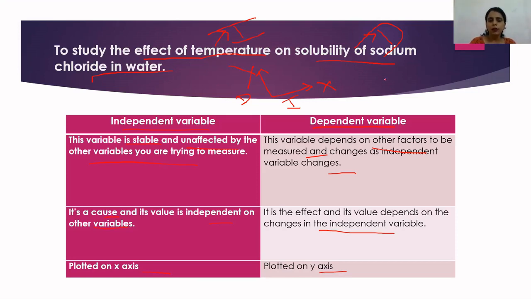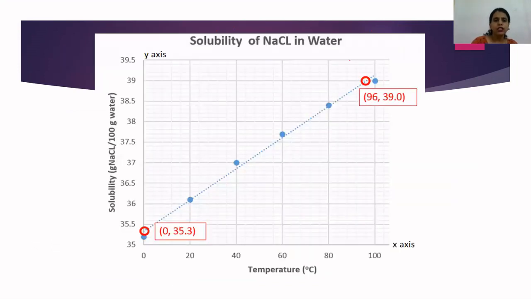For example, you have studied in lower classes that at very low temperature, for example maybe at 0 degrees Celsius, the solubility of sodium chloride will be almost nil. Now as temperature increases and comes to 20-25 degrees Celsius, sodium chloride will get dissolved in water immediately, at a faster rate. So change in temperature actually causes change in the solubility of sodium chloride in water. So change in solubility of sodium chloride in water becomes the dependent variable and temperature becomes the independent variable.